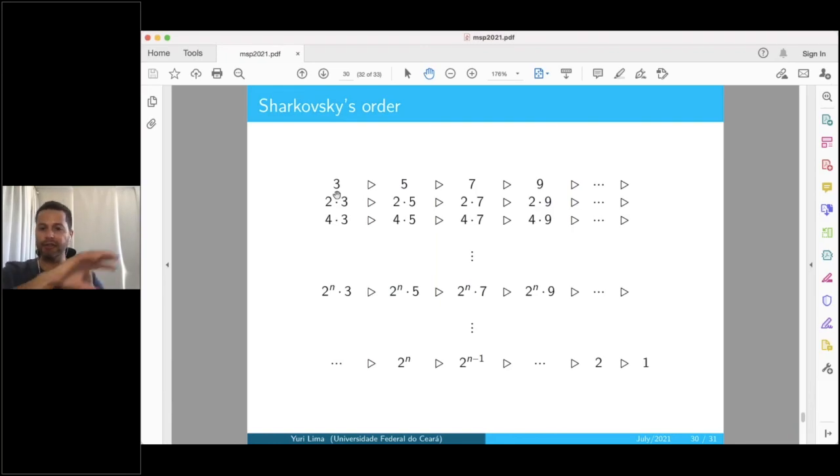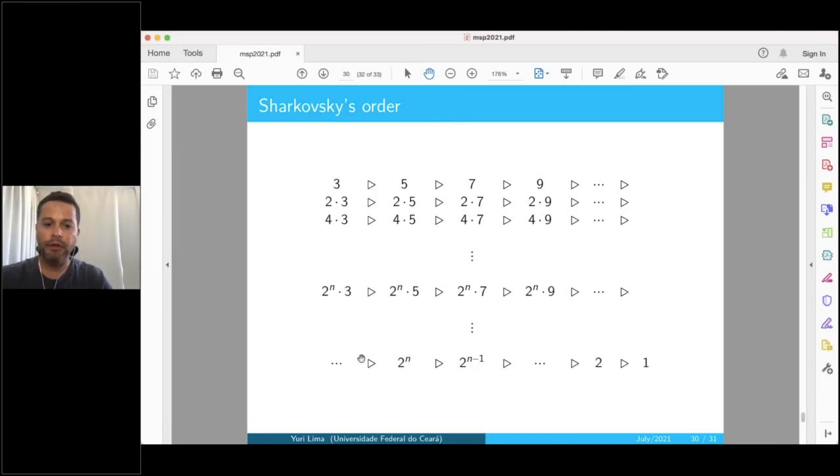And after you put all these odd integers, you put twice all odd integers. 2 times 3, 2 times 5, 2 times 7, 2 times 9, and so on. And after that, you put 4 times the odd integers, and so on. And once you list all of these numbers, the only natural numbers that haven't still appeared are the powers of